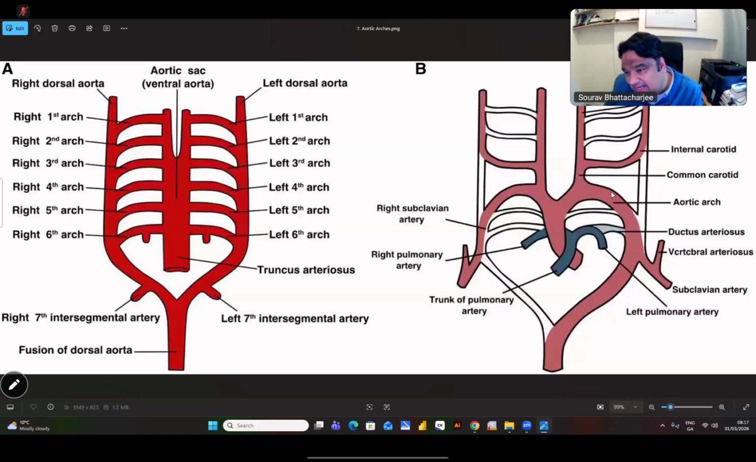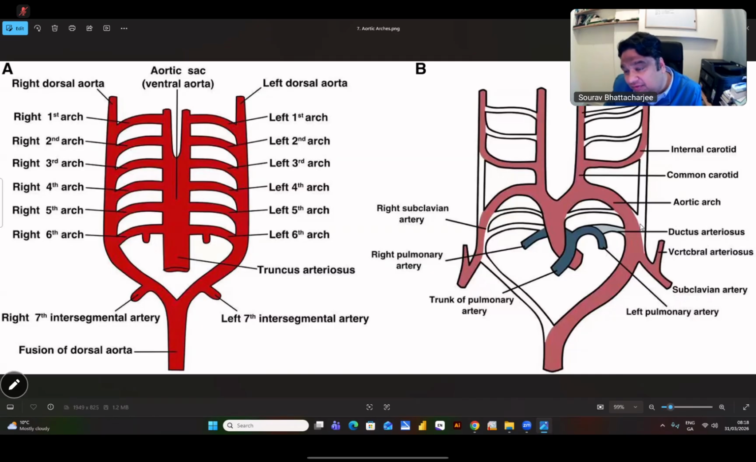On the left side, the left fourth arch will form this entire arch, and sorry, the subclavian artery over here. The fifth arch on both sides will disappear. The sixth arch on the right side completely disappears, and then comes a small offshoot out of it that forms the right pulmonary artery. The sixth arch also, a lot of things disappear, and a conduit comes out in this corner. That will be the left pulmonary artery, and whatever is remaining over here, that is called as the ductus